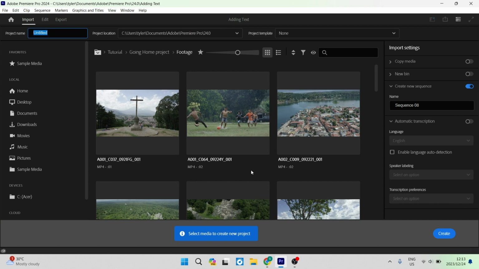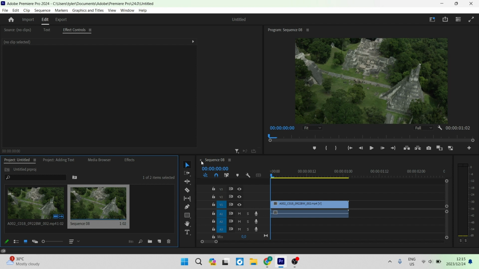I'm going to run through the process today of adding text to your video footage in the program Adobe Premiere Pro, which is a video editing tool, and then I'm going to show you all the things that you can do with your text. So we're going to go ahead now, and you can see over here in the bottom of the page in the middle,